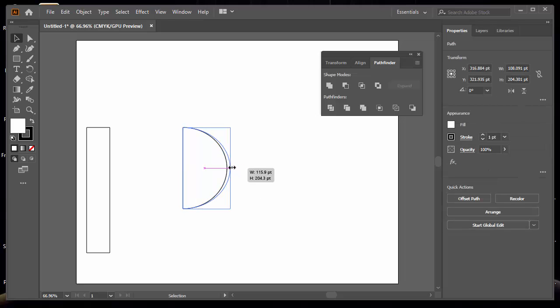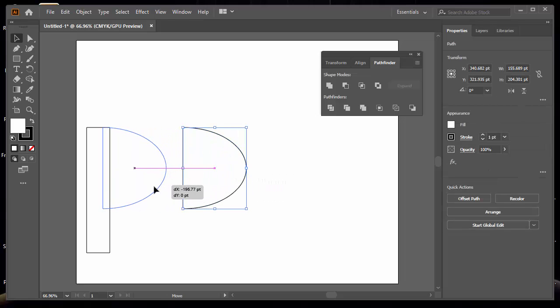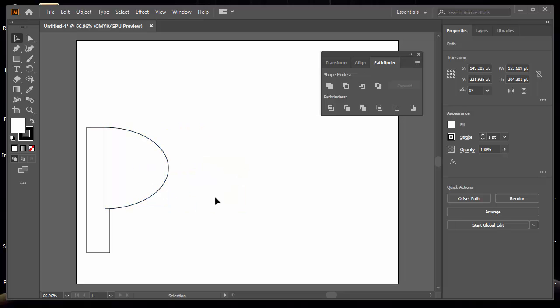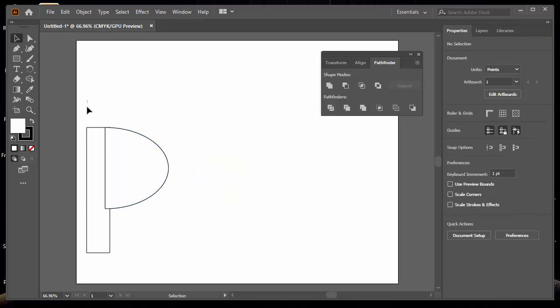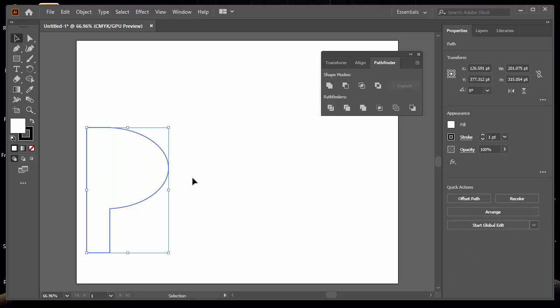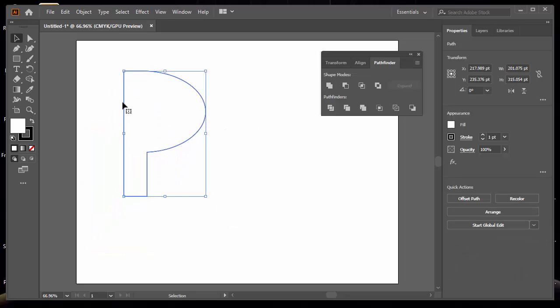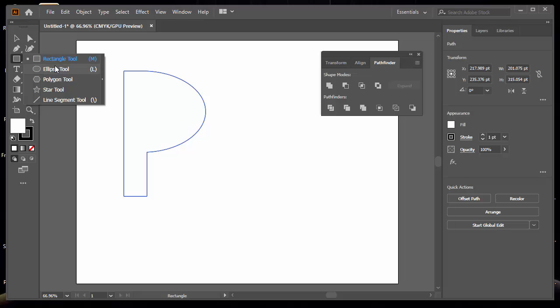That's something we've seen before. I could elongate that a little bit. And I'm going to park that over the stem that I made a moment ago, and I think I'll take those and unite those together. So now that's the basic part of my letter P here,